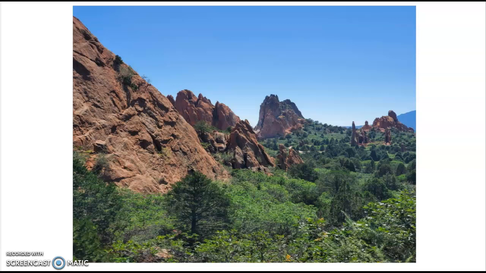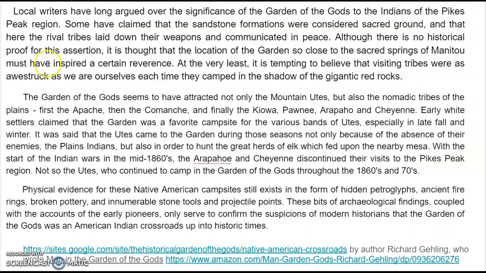So here we have the Garden of the Gods. This is a place I've been many times. This is where I do my research, recreate. I can get there on my bike from my house. This is a current view of it. Notice the density of forest right here in the central garden.